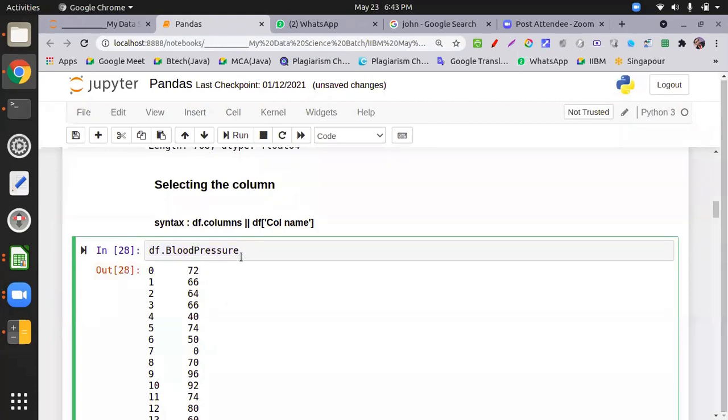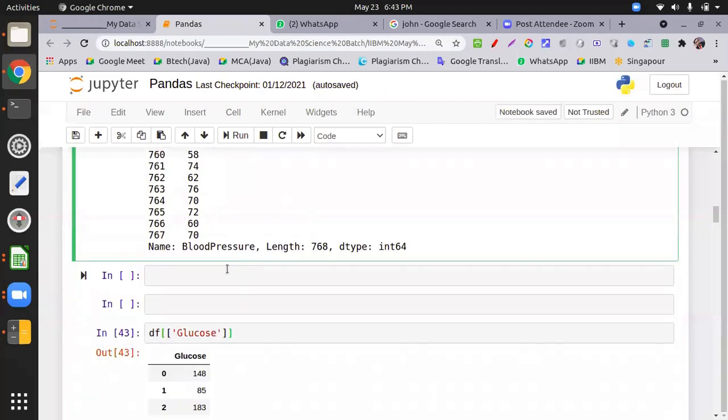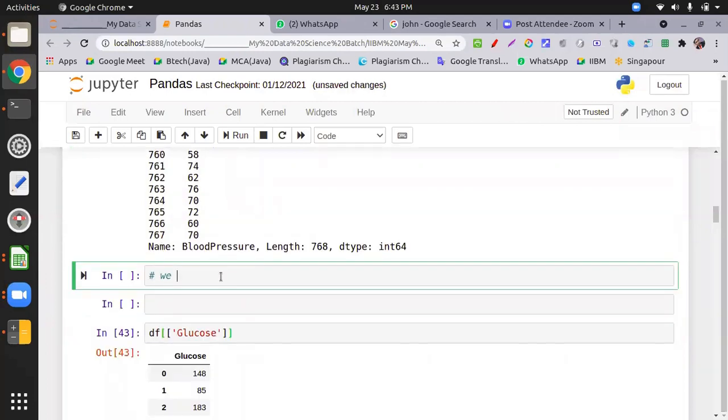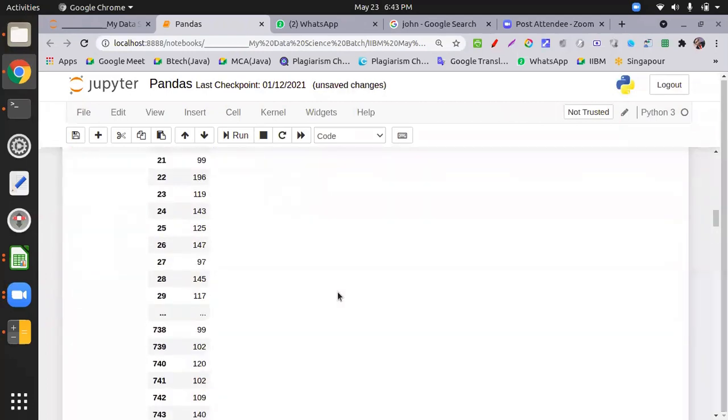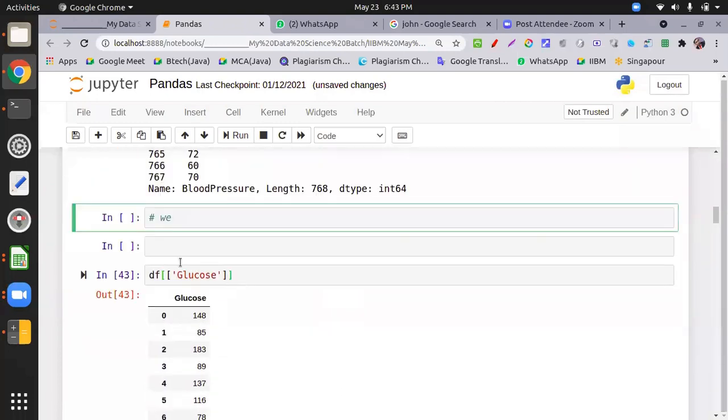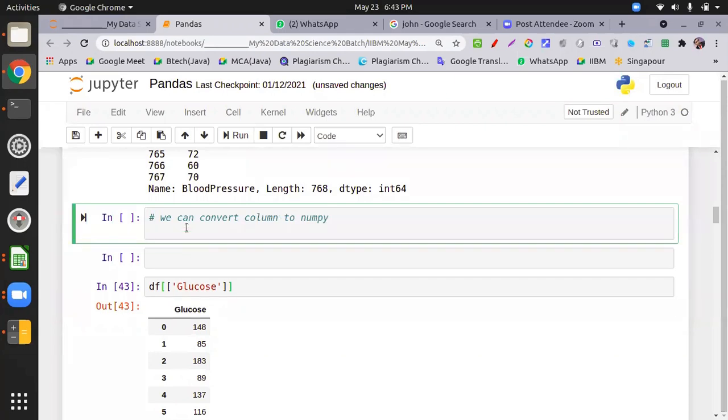Second thing, we can convert a column to NumPy. It is very important when we do some visualization, so it is a very useful thing.